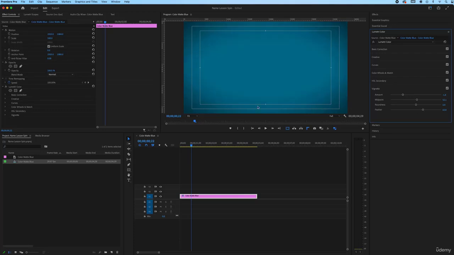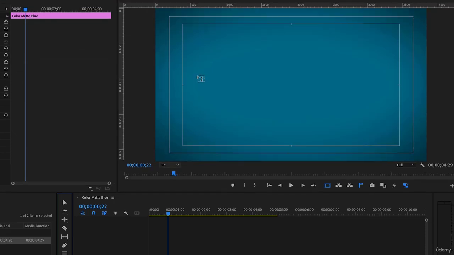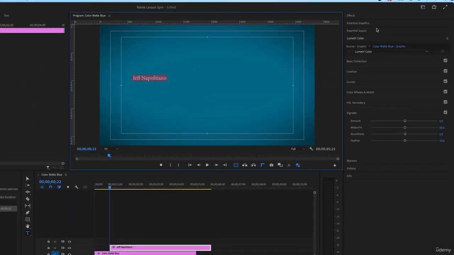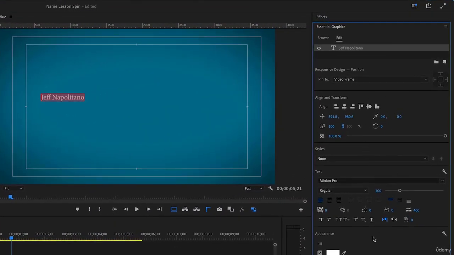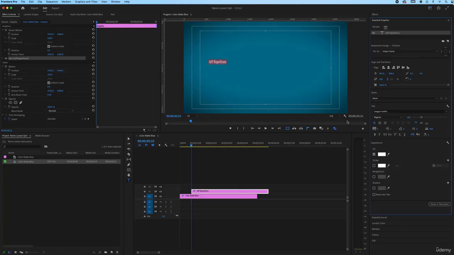The next thing I want to do is type a title. So let's click the Type Tool, click right on the screen, and type Jeff Napolitano, and hit Command A and come over here to Essential Graphics, and that will open up all of the settings for the font. I don't like this font, so I'm going to change it to another one I don't like. And now I can click the selection tool over here and grab the corner and make it as big as I want. I can also use this slider,